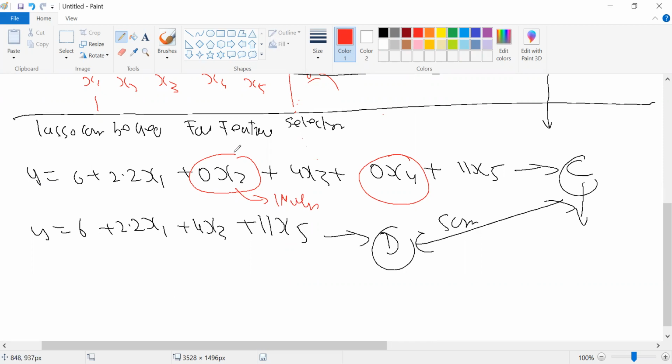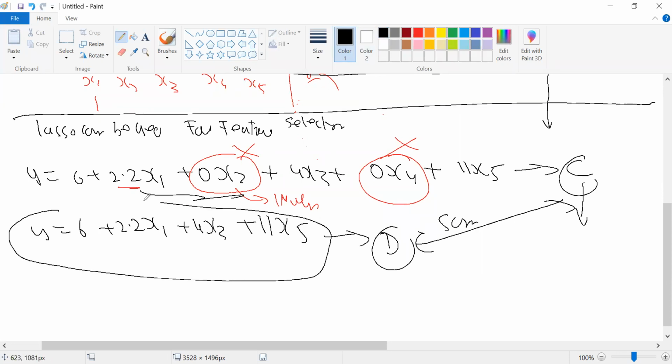Correct? So it means I can ignore my x2 and x4. So out of five variables which I had initially, I can build my model using only 3 variables. So it means what I have done? I have done my feature selection. ऐसा इसलिए हो रहा है because if the beta value becomes 0 for any x variable, that x variable is insignificant. Now make a note.